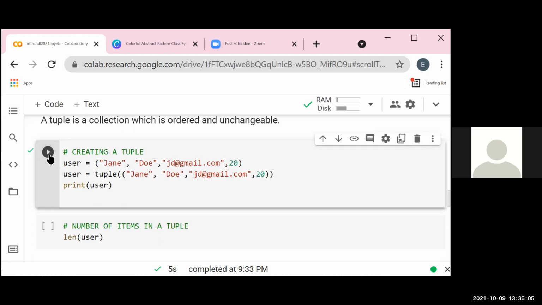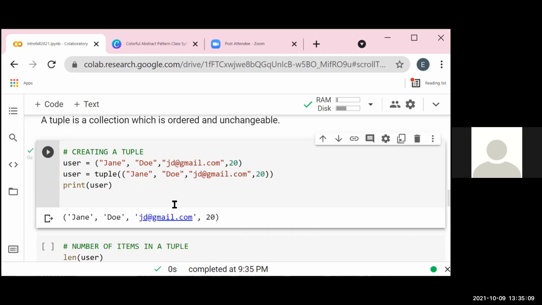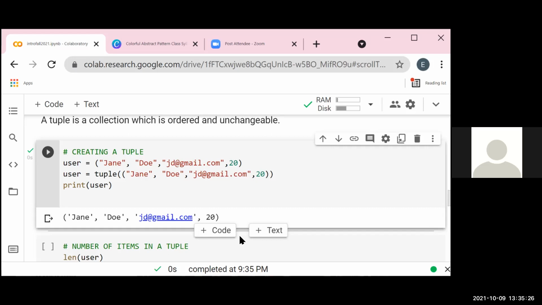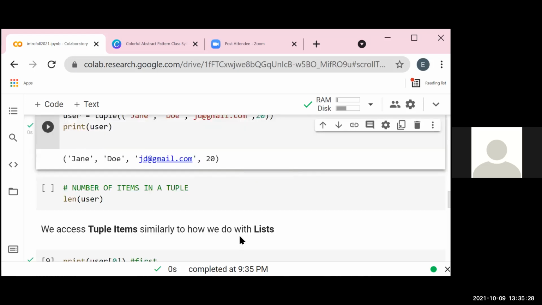So that's our tuple right there. If maybe you have a database, databases are normally represented in the form of tuples. We wouldn't want something to go wrong and interfere with your user details. That's a use case of where we might need a tuple.